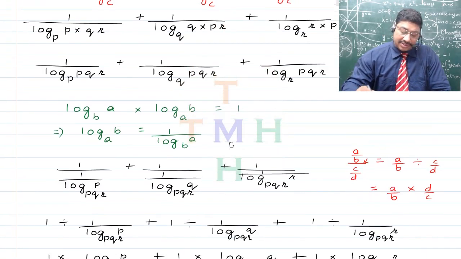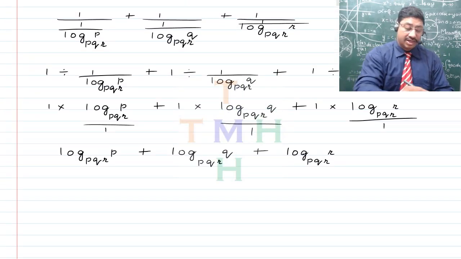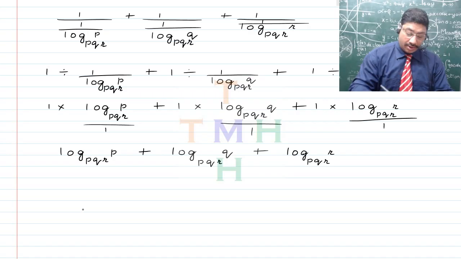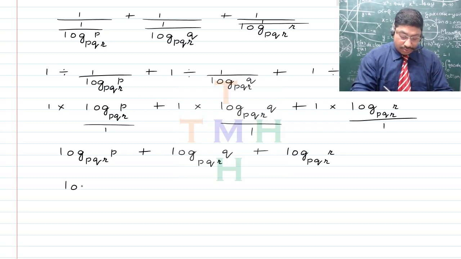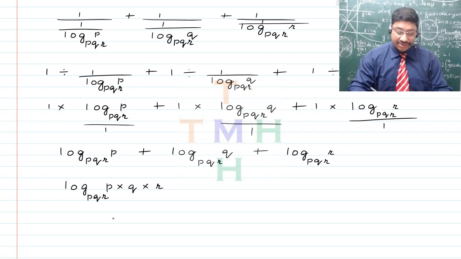We can do this even when there are 3 such logarithmic terms. So here you will have log of the first number p multiplied with the second number q, further multiplied with the third number r, and as the base remains the same, we will have log of pqr to the base